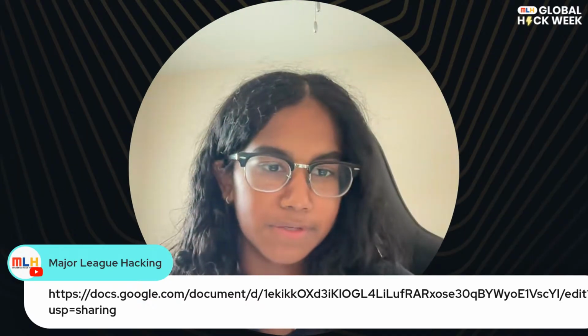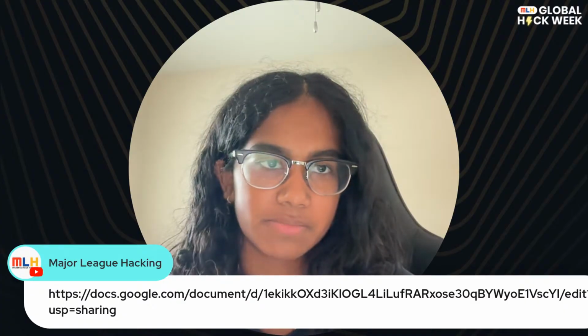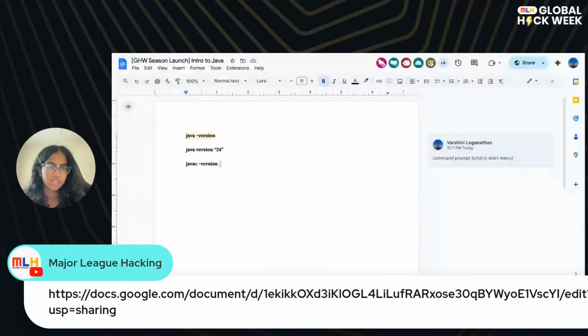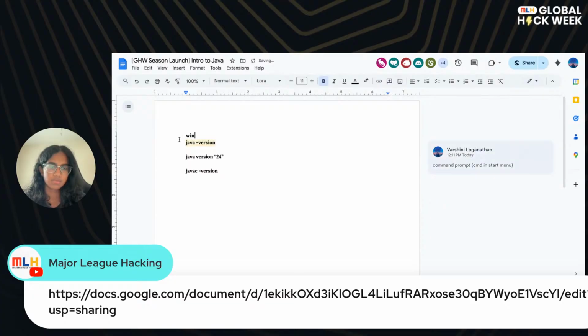Let me just show you all that doc really quick in case anyone hasn't been able to open up that link. Here's the doc. This is going to be for Windows users, and then we've got our Mac users. Mac users, your process is going to be very, very similar. I will go over the VS Code installations after we do the Java, just because the VS Code is the same for Mac and Windows. So I'm going to hop on over to Mac's instructions.